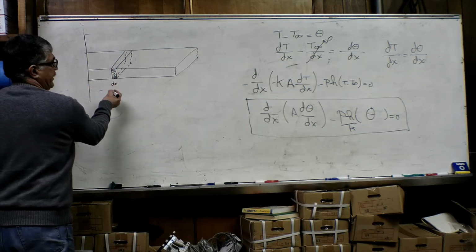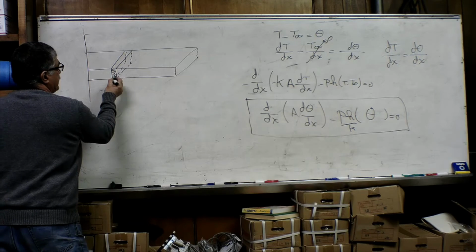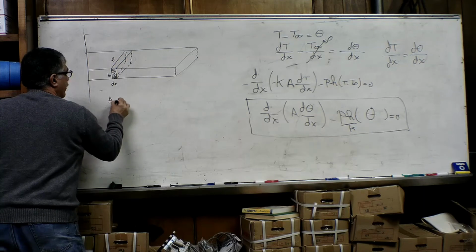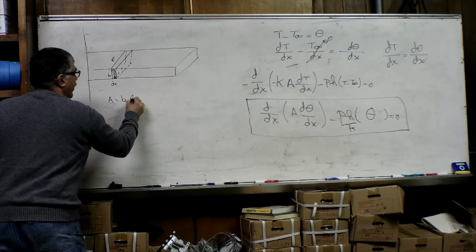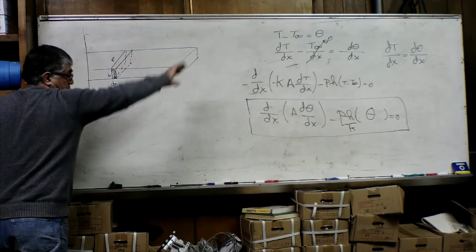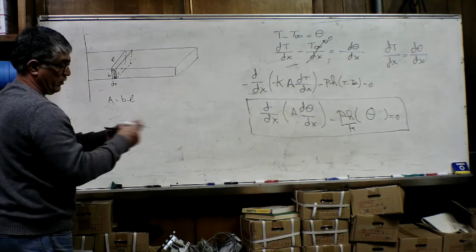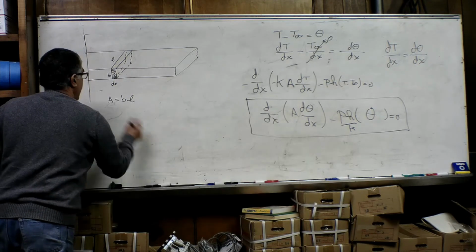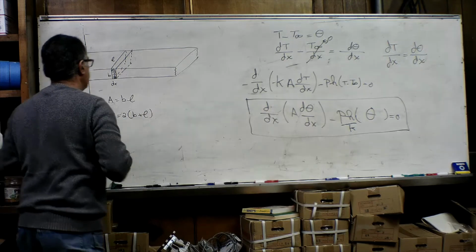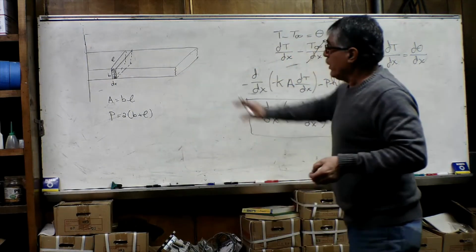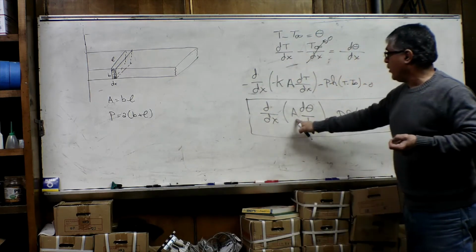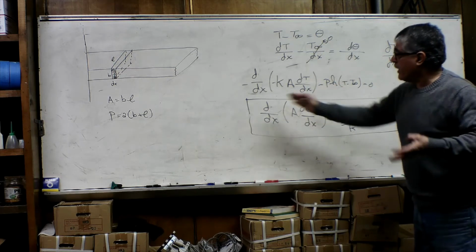Now, in this case, if we call this side as B, this side as L, our area will be equal to B multiplied by L. And it will be constant all the way. The cross section constant all the way, and our parameter will be 2 times B plus L. So in this case, when our profile have a constant cross section, this area will become a constant. So it can come out of